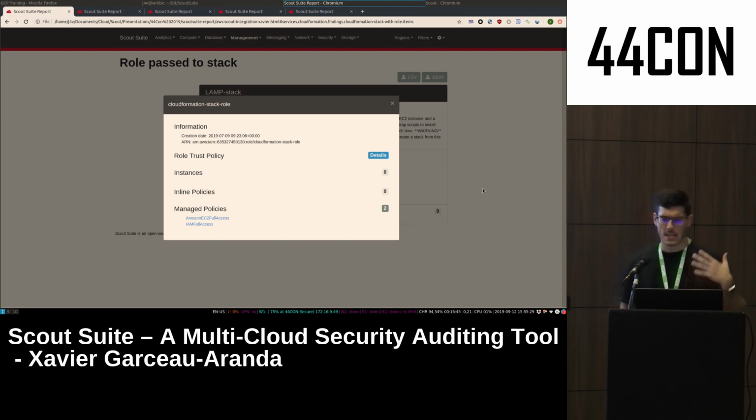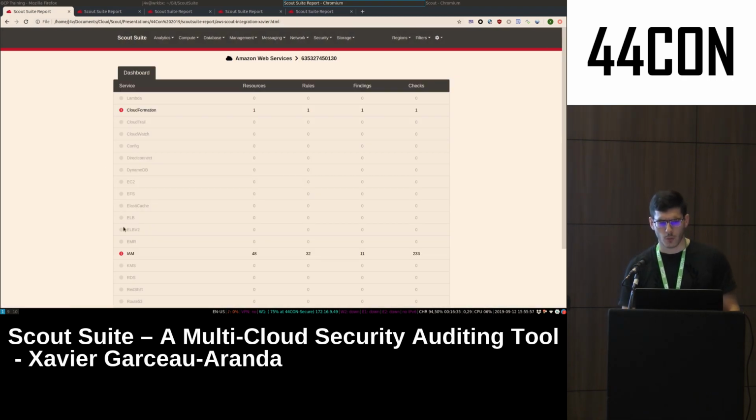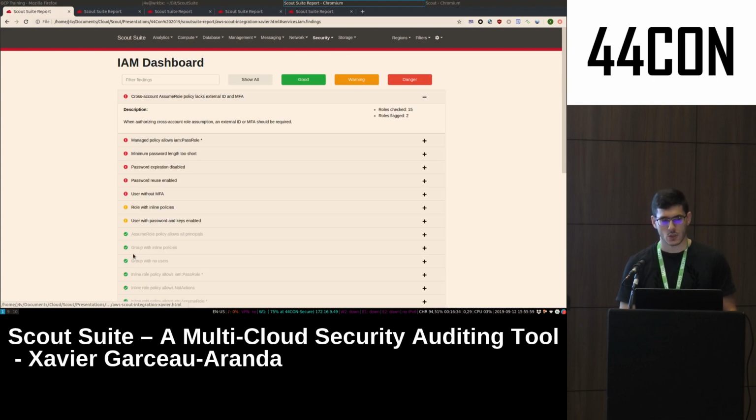What's important here is to see that the role has identity and access management full access, as well as full access to EC2. So it's quite a significant amount of privileges for a role, which means that if someone was able to leverage that specific role, they would have basically root access on your account, because if you have full access to the identity and management service, it allows you to change your own privileges, which in turn can provide you with root privileges, right? So then if we go back to the panel and we dig into the IAM service,